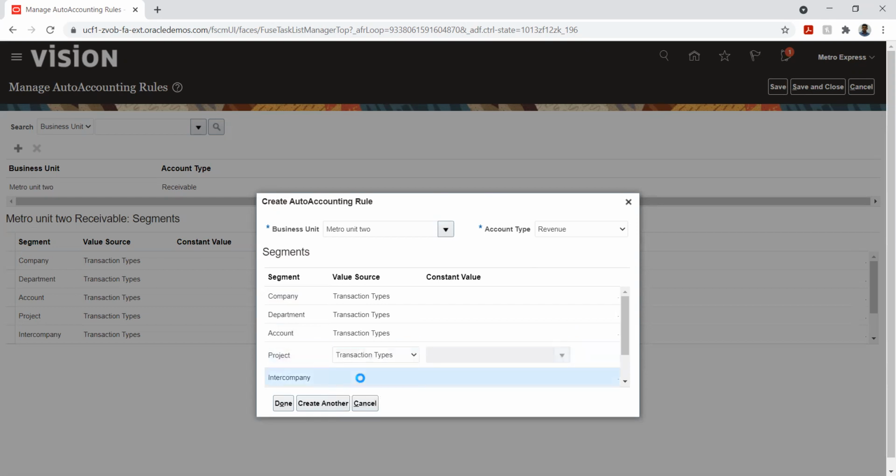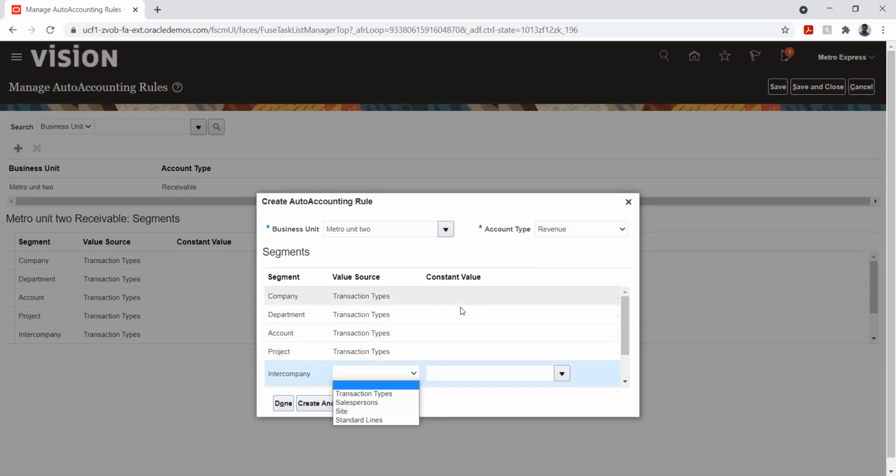If you select a standard memo line, do you have to give anything in the other column? No, it will pick from the setup. Basically, this column we are using only to give the constant value. If you are giving the constant value, instead of giving the entire list, I'll give one particular value. So it will not be dynamic. It will be a hard-coded value. Whatever I do, it will reflect with the same account code.